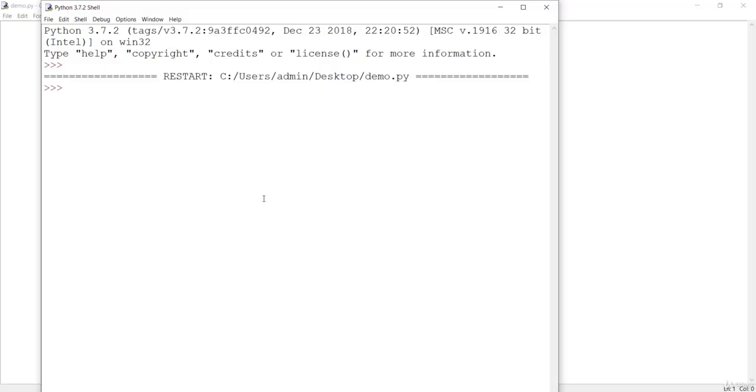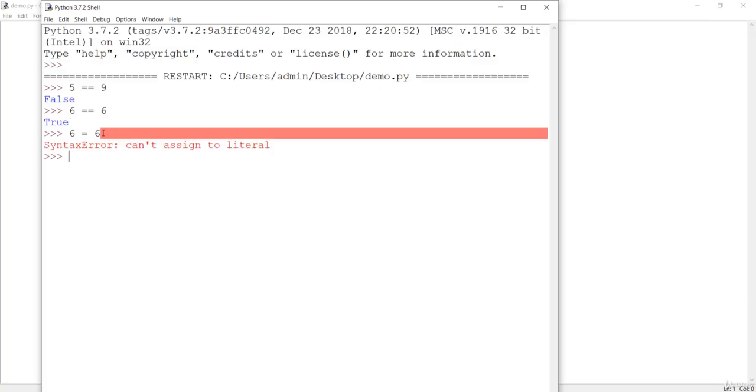So let me just clear this. The next one is equal to. If I say 5 is equal to 9, which is false. If 6 is equal to 6, which is true. This is the double equal. If you do something like 6 = 6 with a single equal, this is not valid, because single equal means assigning, and you are just trying to assign 6 to 6, which is invalid.